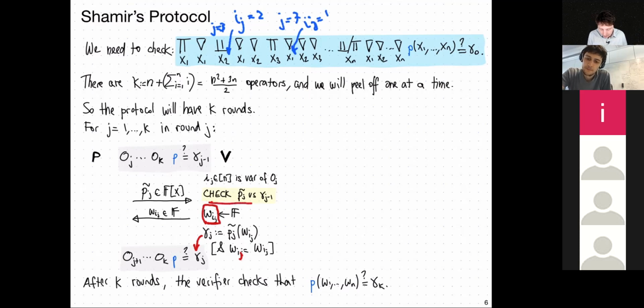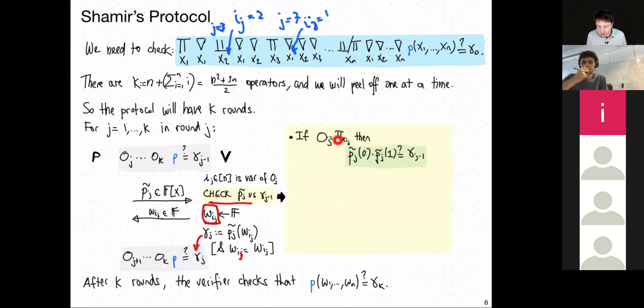Now let me open up this one. So this one depends on what the consistency check is. Well, it depends on what the operator says. For example, if the operator says it's a product, then the consistency check between the polynomial the prover sent and the previous claim is this one. We just apply the product operator. So we take the polynomial, pj tilde at 0 times pj tilde at 1, and we just check whether that's the previous one. This is entirely analogous to how in the sum check protocol, we were checking